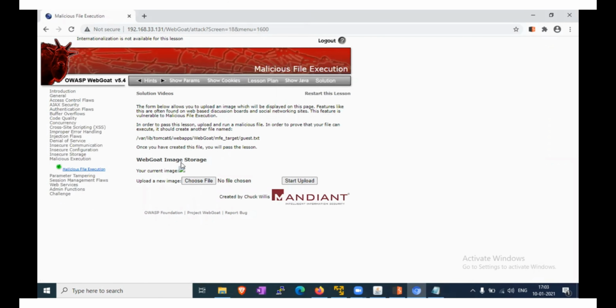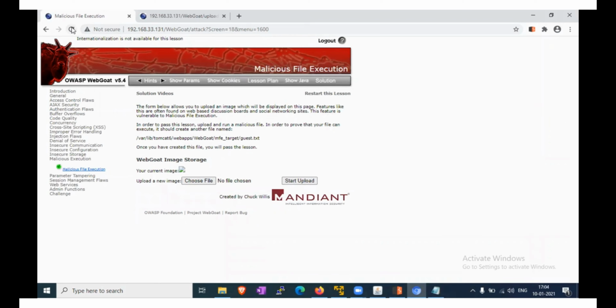Here we can see that your current image is unrecognized. So we have to copy the image address or image location and paste it here. Now just refresh it.